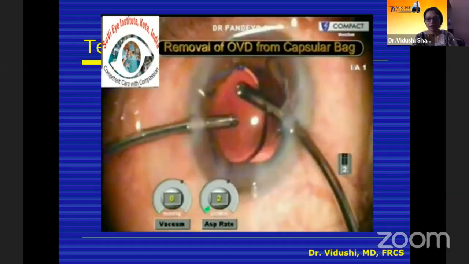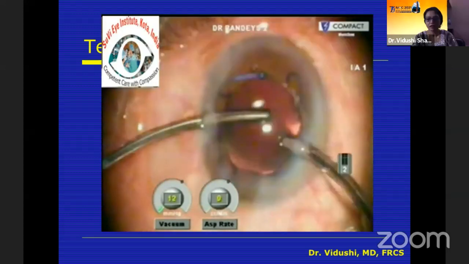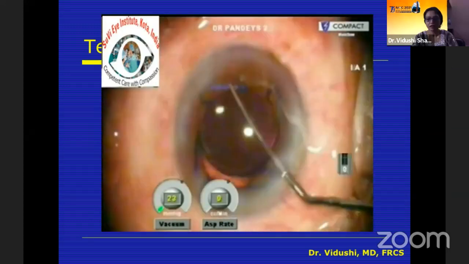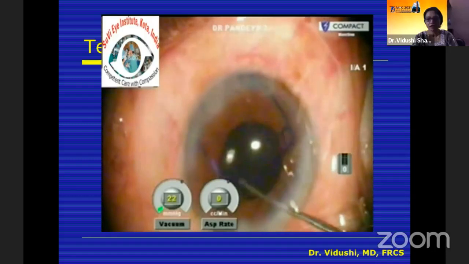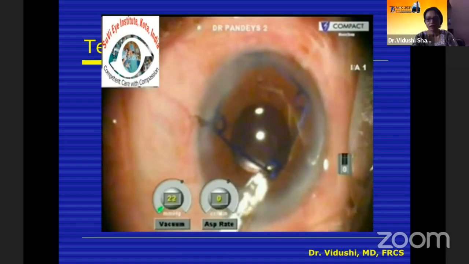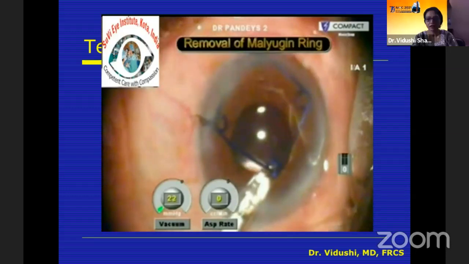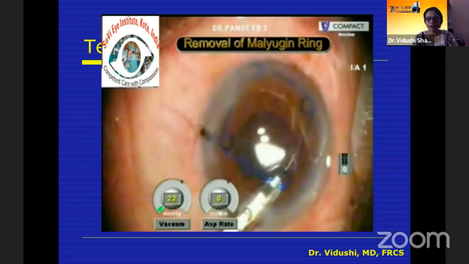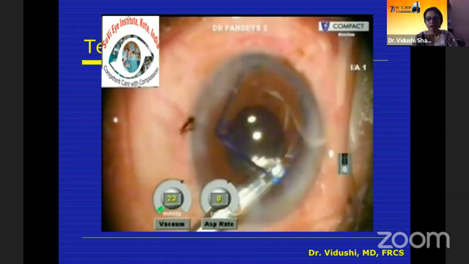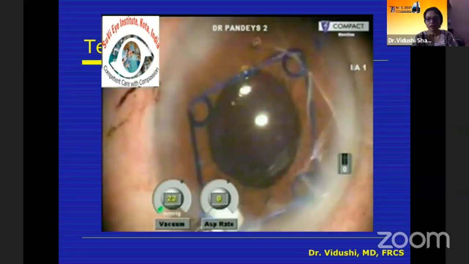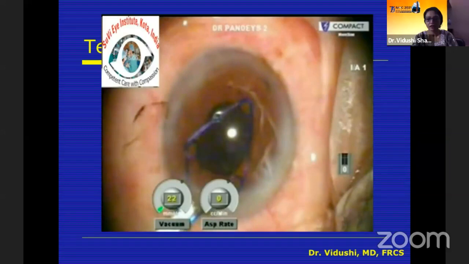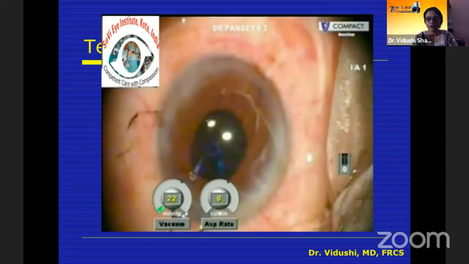Now, this is the injector. The same injector is used to remove the Malyugin ring from the anterior chamber. The first thing is that during the surgery, the iris becomes a little edematous, so the scrolls are engaged even more tightly. So we have to first very carefully disengage all the Malyugin ring scrolls from the iris so that there is no tear. And after disengaging, once the Malyugin ring is free in the anterior chamber, only then we should take it back into the injector. Once we engage one scroll into the injector, then the whole ring folds up and it can be taken out through the main incision.